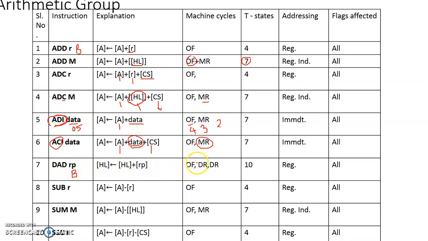But upon performing opcode fetch followed by execution, the processor will identify that the data are readily available within the interior of the processor, but addition needs to be performed at the accumulator level. So the least significant parts of these registers, HL and the register pair, will be added first. Then the contents of the most significant registers in these two register pairs, HL and the register pair whose symbol is mentioned, will be added.